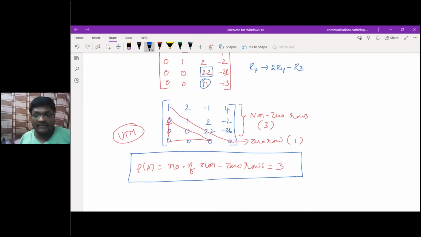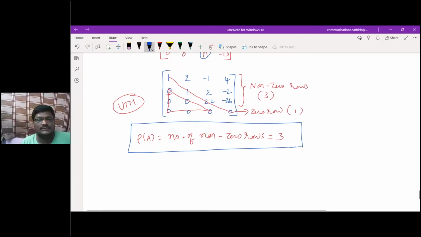So in the concept of row echelon form, the rank of the matrix means the number of non-zero rows. For a 0 row, all the elements in the corresponding row must be 0. If any one element is present, then I can call it a non-zero row. In row echelon form, the rank of a given matrix is the number of non-zero rows. This is the point you have to keep in your mind. Got my point?